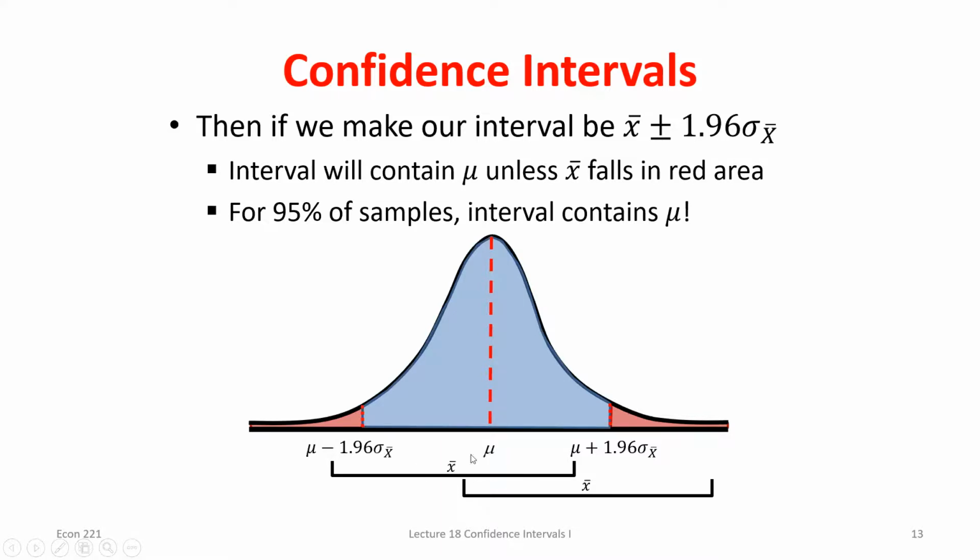Now, if I see any sample mean that's in this blue range, the confidence interval will always include that true population mean. But 5% of the time, I'm going to see something out here. Now, if I were to see this as my sample mean, I can see here it's a low probability that I do see that.